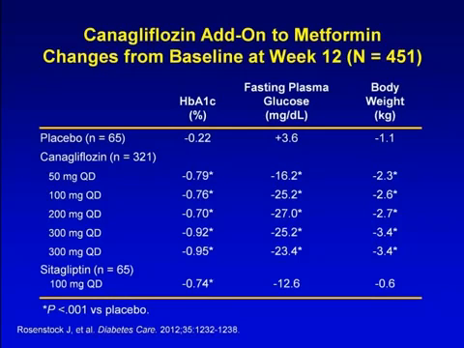And over a 12-week period, the highest dose of canagliflozin lowered A1C by 0.95%, with a reduction in fasting glucose of 23, and interestingly, a reduction in body weight of 3.4 kilograms. In contrast, there was very little drop, 0.2, in the A1C with placebo. Fasting glucose went up a little bit, and body weight